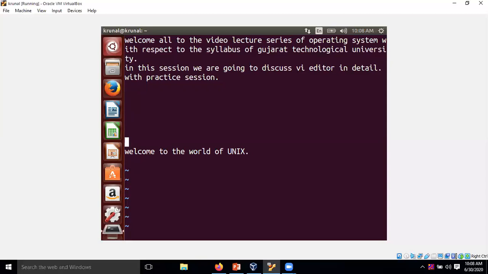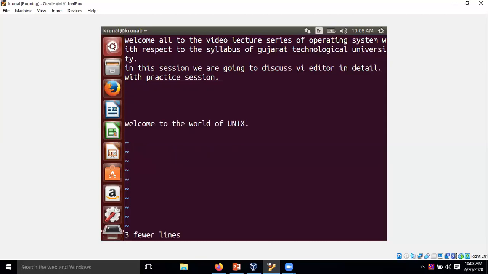Okay. If I want to delete three lines, for one line we have discussed dd, but if you want to delete three lines, what are the options we have? First of all I will reach over here, and if I want to remove three lines, it is removed.